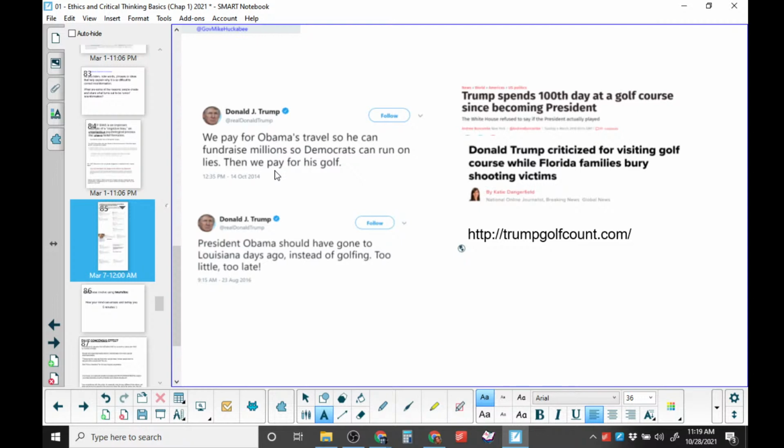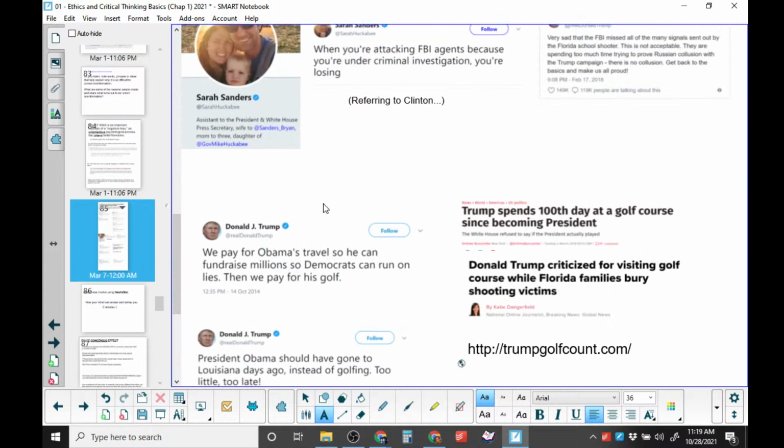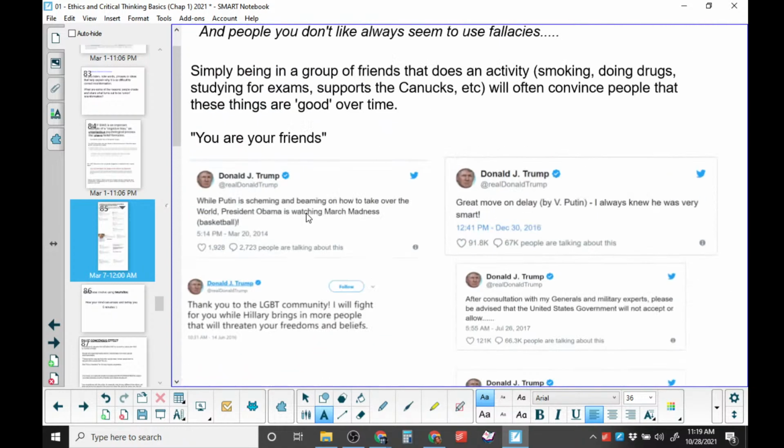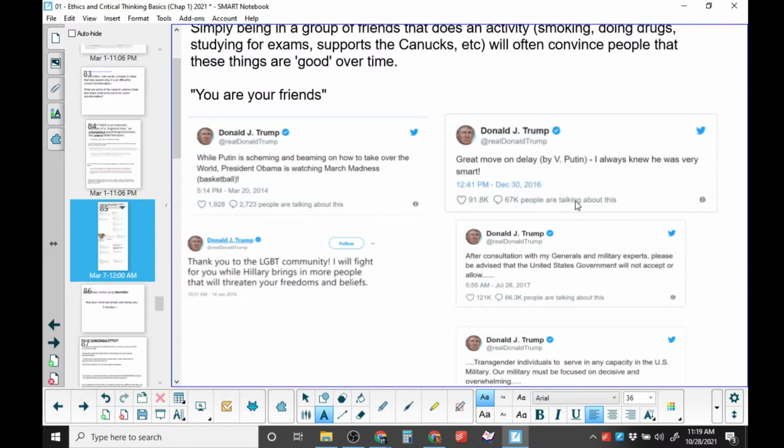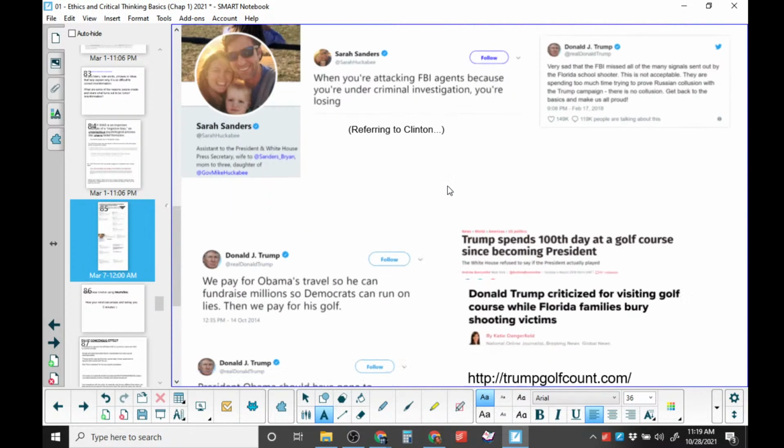Whereas Obama would go to a golf course he didn't own, and he would often go to military golf courses. And you're like, well, why would he do a military one? Well, security is cheaper because it's on a military base, and so they already have security, and they don't have to pay as much. And it's free, so it actually cost the taxpayers a lot less. And so watching people go through the mental gymnastics of, well, that's okay then, not now, when you have example over example, has always been interesting.